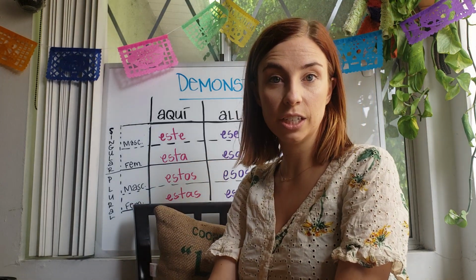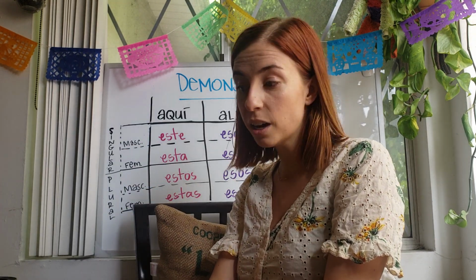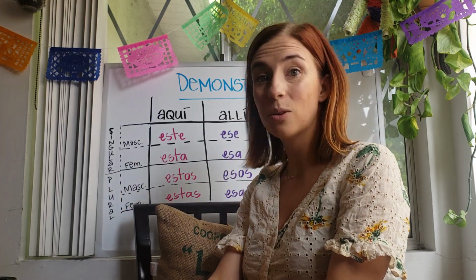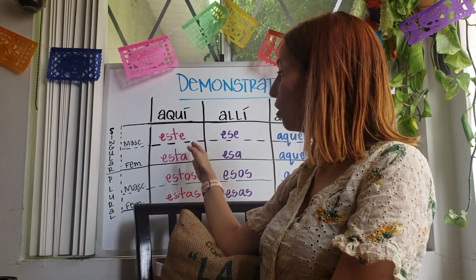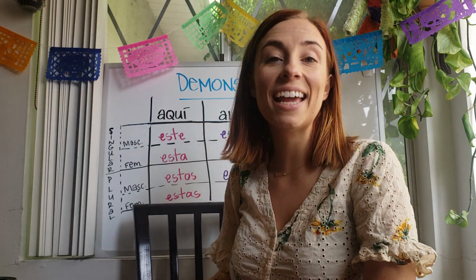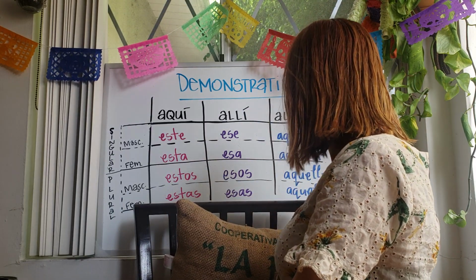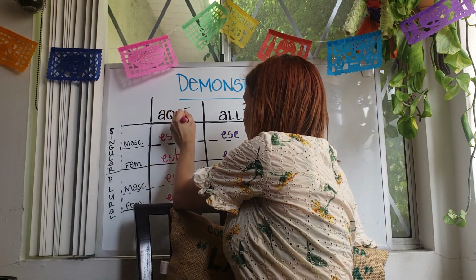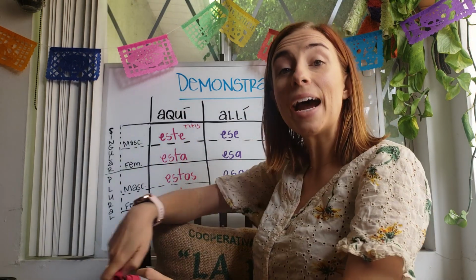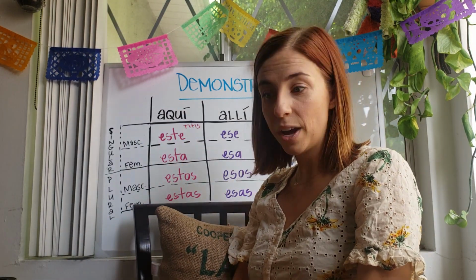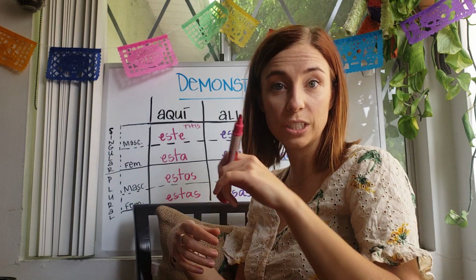But since these are adjectives and pronouns, we know that Spanish throws one more layer in for us to understand, and that is gender. So if we're talking about an object that is masculine, that will have its own word. And if we're talking about an object that is feminine, that will have a different word, but just slightly. So the word for this is este, spelled E-S-T-E. That means this. And this is the masculine, singular way of talking about something that is near to you,